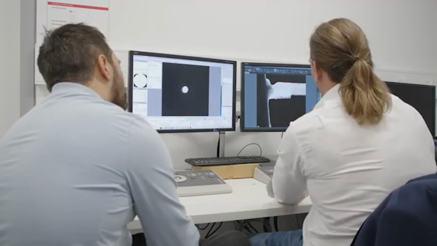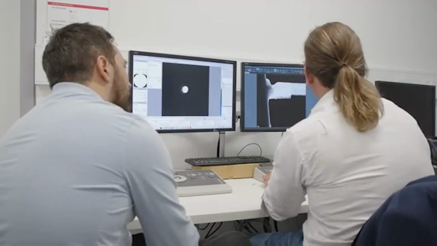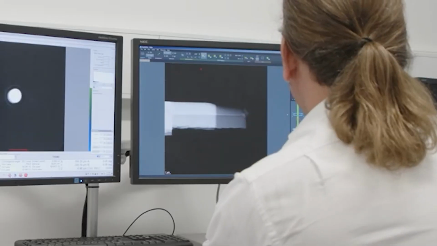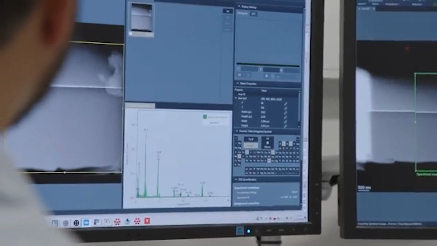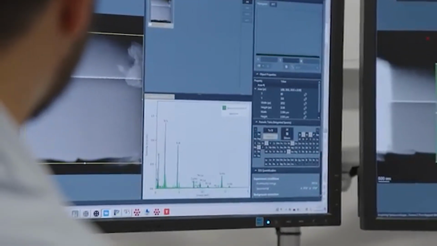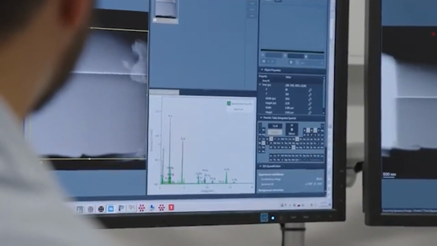And this is where the actual sample starts, the strontium titanate. And this is the thin region where we hope to get atomic resolution. So this is 5,000 times? Yes. Wow. And we see strontium, titanium, we see oxygen, we see carbon, that's contamination. So most likely what we're looking at here is carbon contamination. When you do this